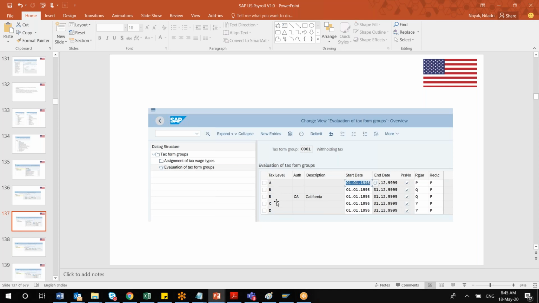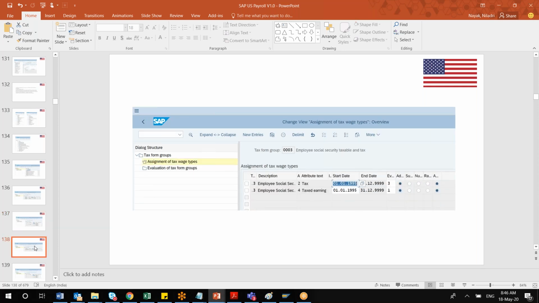Depending upon your tax level. As I was mentioning, there are different types of tax level, whether it's federal, state, local or school. Depending upon that, and depending upon your tax authorities, which we have already discussed three days back. Tax CA. So it's just choosing those specific ones, and ideally the end date should be 31/12/9999 mostly, if there are no changes. So these are small tweaks you have to do in your configuration if really required. Otherwise, mostly this comes as standard. Just ensure these are correctly placed.